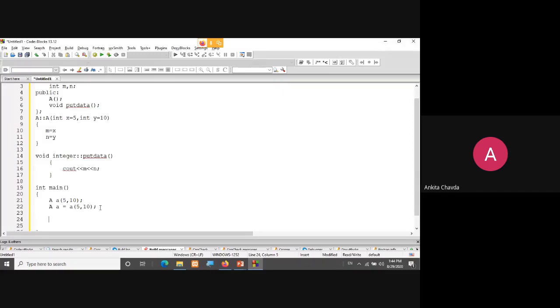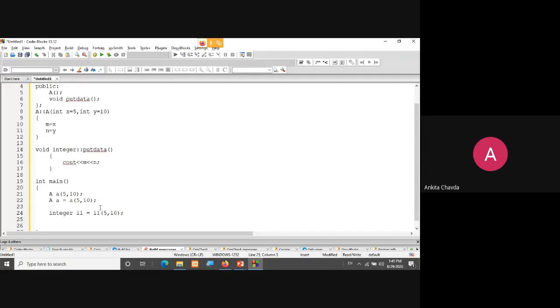If I talk about the integer class, because here the capital A and small a may be confusing, then I'm writing again for my integer class. Say suppose my class is Integer, and I'm creating my first object I1. By the explicit call: Integer I1 is equal to Integer of 5 comma 10. The same task I can do with the implicit call, like this: whenever I am creating my object, at that time only I am writing 5 comma 10. So both ways are correct.